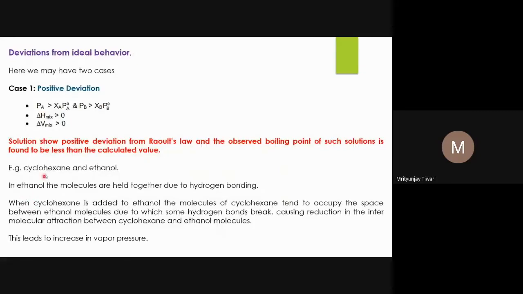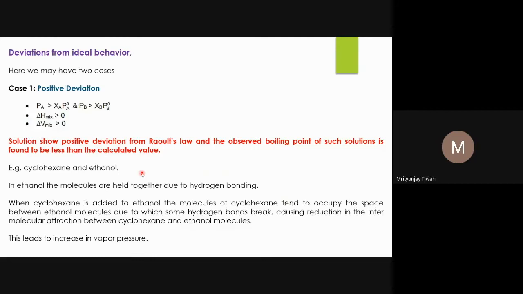So the example of the solutions which show positive deviation from Raoult's law: cyclohexane and ethanol. If you look at the structure, cyclohexane is a non-polar molecule. Ethanol is a polar molecule which forms hydrogen bonds. The molecules of ethanol form hydrogen bonds with each other, and because of the hydrogen bonding, the molecular interaction is stronger in the pure solvent, suppose it is